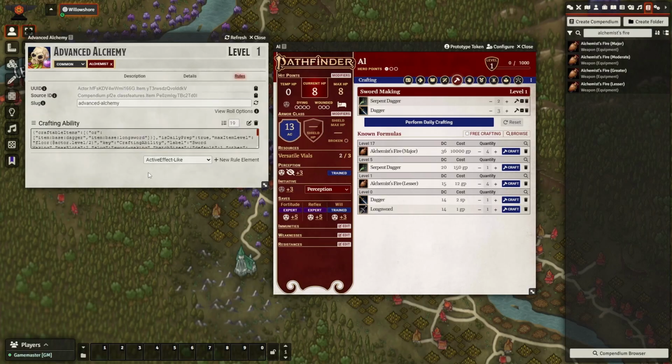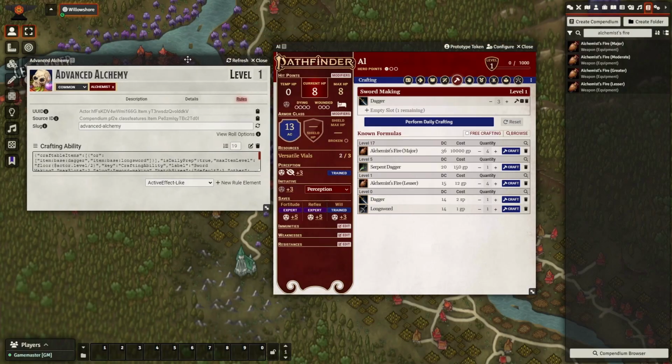And so notice that it's not going to kick out Serpent Dagger because I have it in there right now, because that only verifies when you try to add an item. So it's not going to flag and say, hey, existing items are a problem with your new setup. Okay, so that is our crafting ability rule element. Hopefully, it's not too